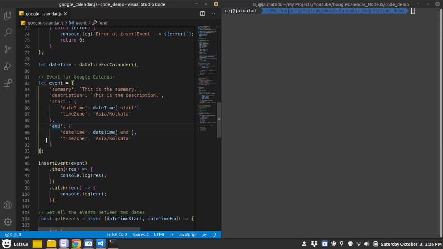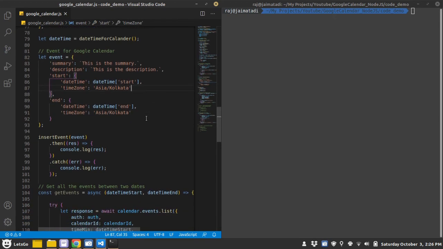Both start time and end time are objects which have two parameters, date time, in the format I showed you, and time zone. You can use your time zone. Since this is my time zone, let's call the insert event by putting then and catch, since we are using async await. So let me call this.